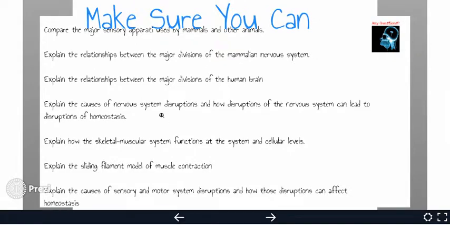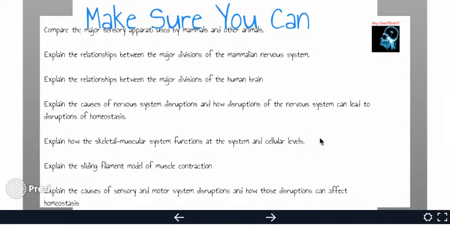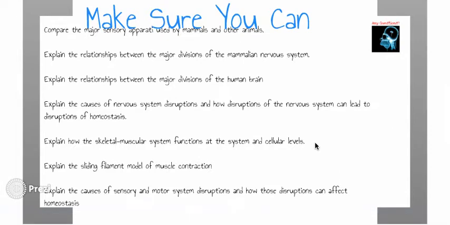Try to explain a cause of nervous system disruption and disruptions of the nervous system, how they can lead to disruptions of homeostasis. How the skeletal muscular system functions at a system and a cellular level, but I want you to concentrate on how the nervous system is innervating those muscles and making them contract. We went over sliding filament theory, and then any cause of sensory or motor system disruption and how those disruptions can affect